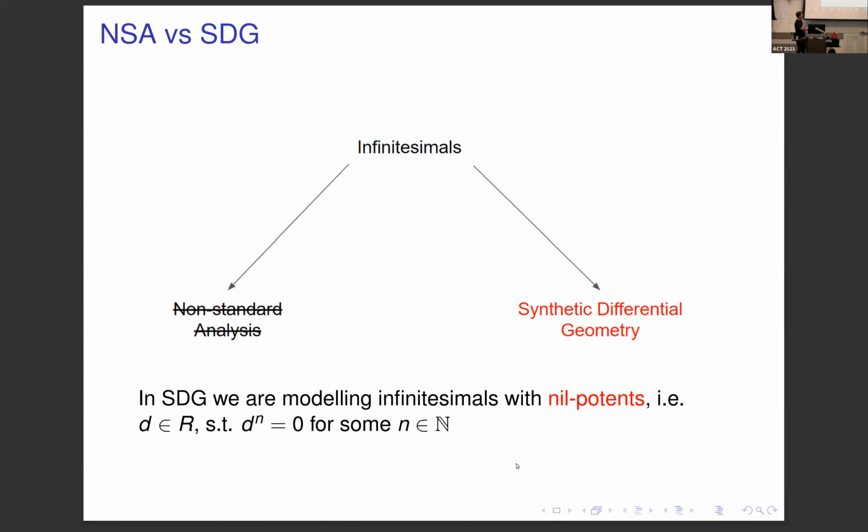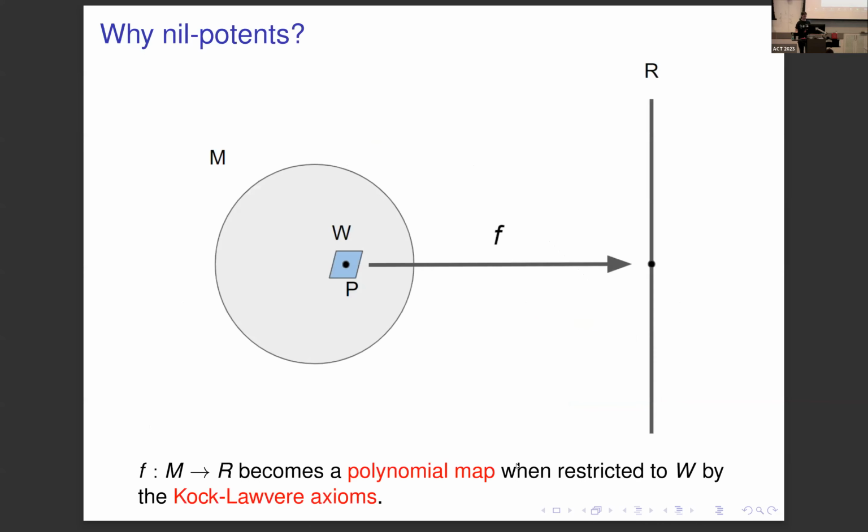Quite quickly, it's nilpotence. So we're assuming an R-algebra R, and we're assuming it has sufficiently many nilpotents, and nilpotence just means that for some finite power, that thing will eventually become 0. Now, you might wonder, why would I want to do that? What's the point of modeling an infinitesimal quantity with a nilpotent? In a nutshell, I will show an example on the next slide.